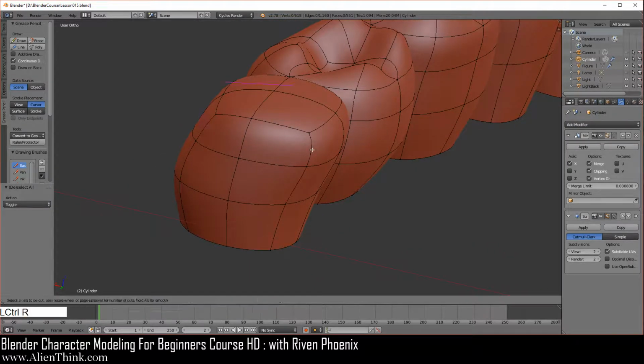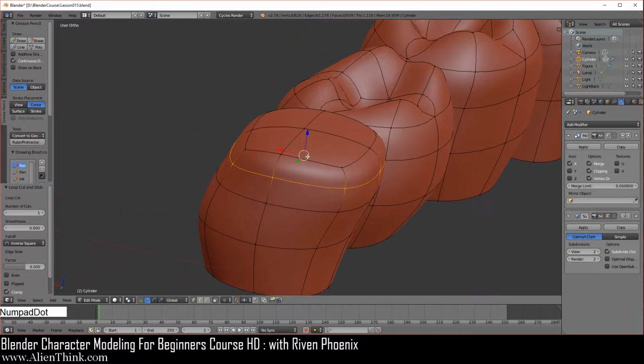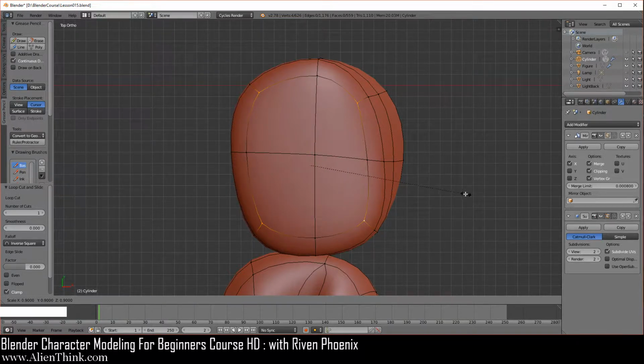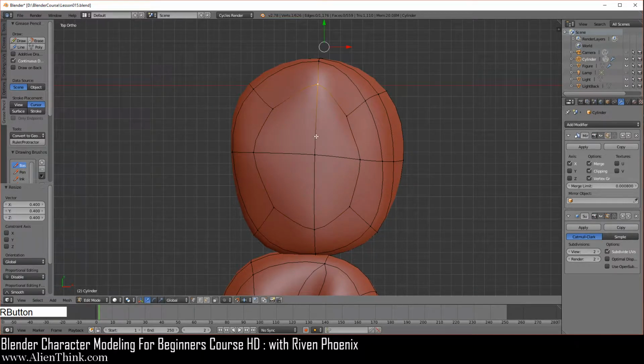We're going to do Control R, add an edge loop over here, left click and right click. Now you can press the period key again to home in on this. Press the 7 key to go to your top view. Click on this vertex, shift key down, this one, and this one. Press the S key to scale, and then 1, 2, 3, 4, 5, 6. Then click on this vertex, shift key down, this one, take it to the left.